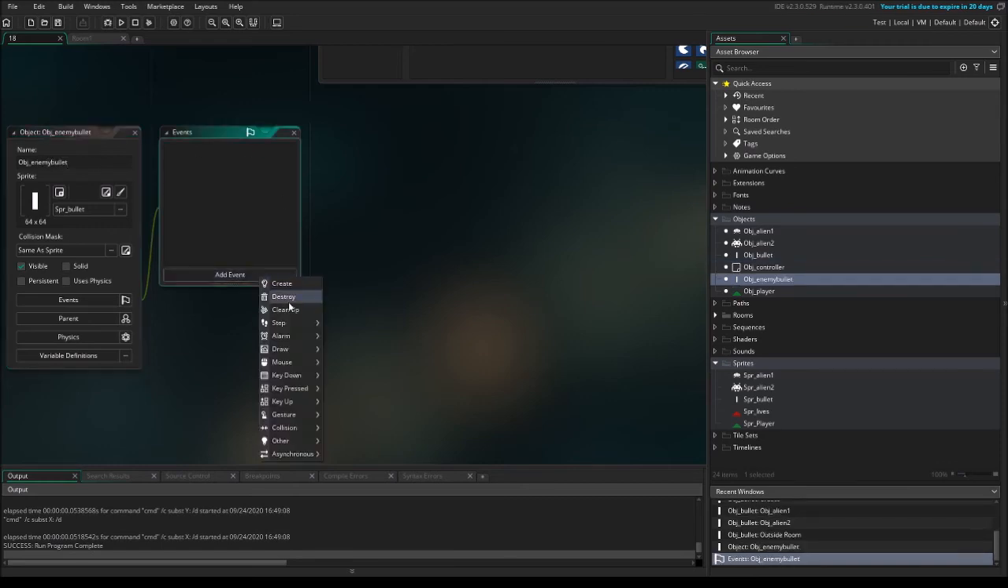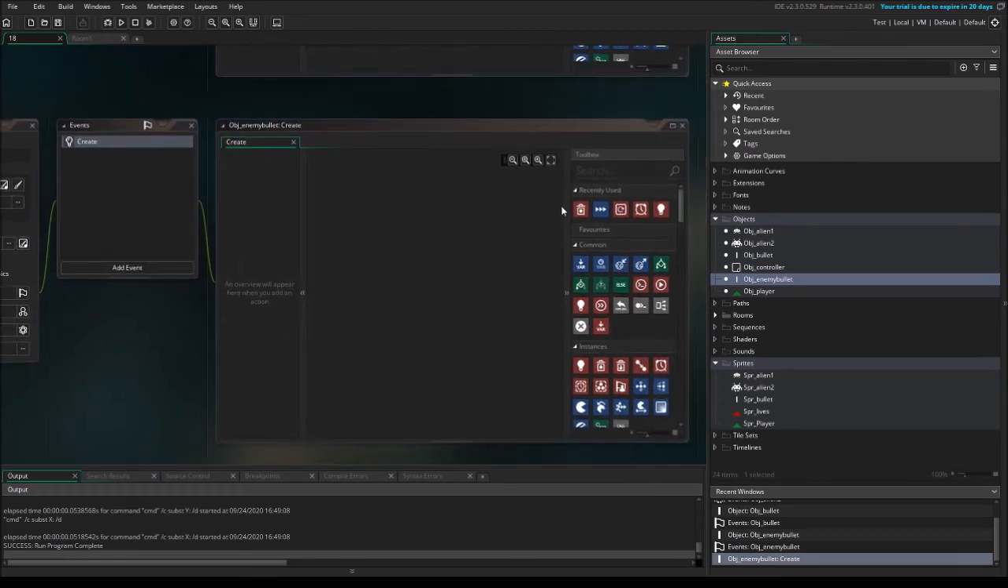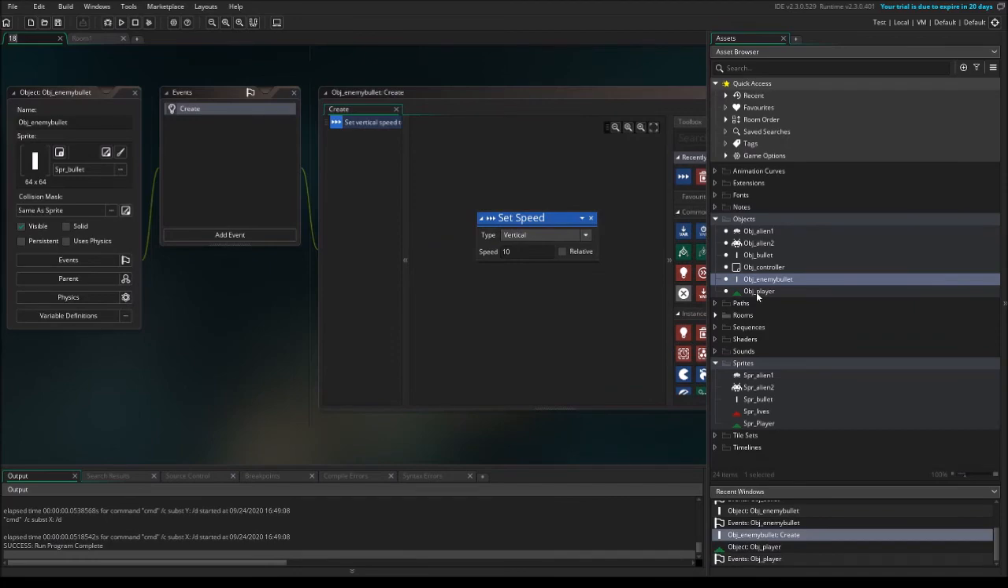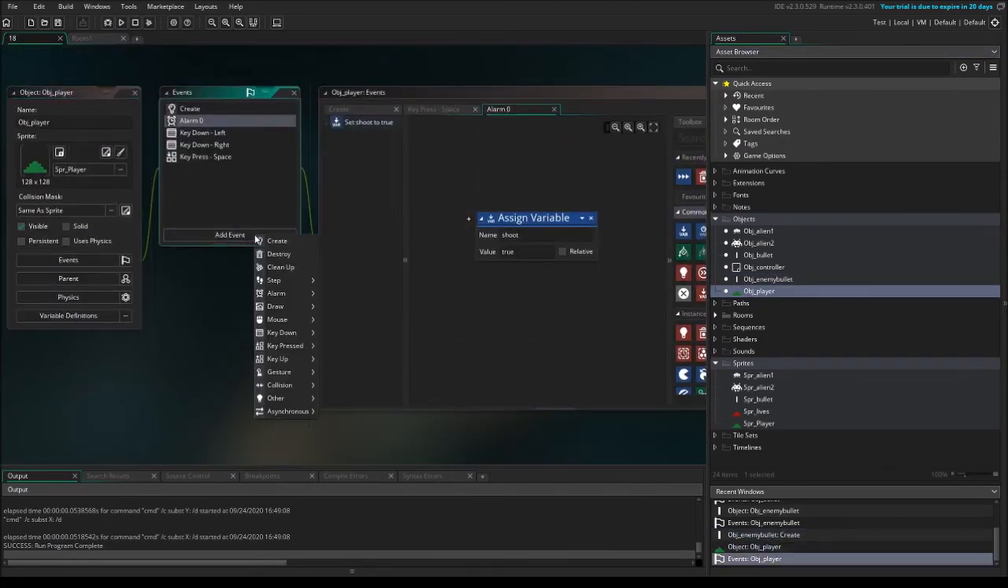Add the event create, and instead of going up, the bullet goes down. So vertical speed of 10. Now we need to create a collision with the enemy bullets on the player. So collision objects, enemy bullet,